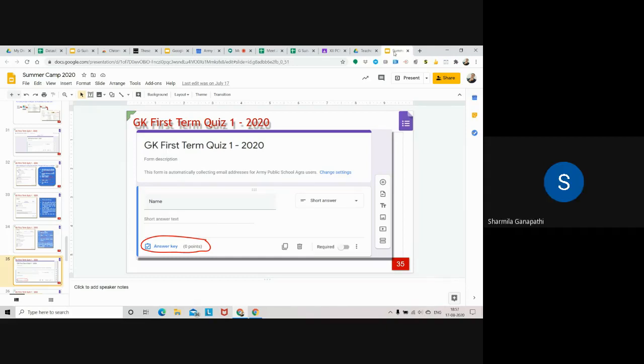But how can we close it once we send it? It's sent. How can we close it like it's a Word document? In Google Form this is possible, but in the other way of doing it, I have not checked it.